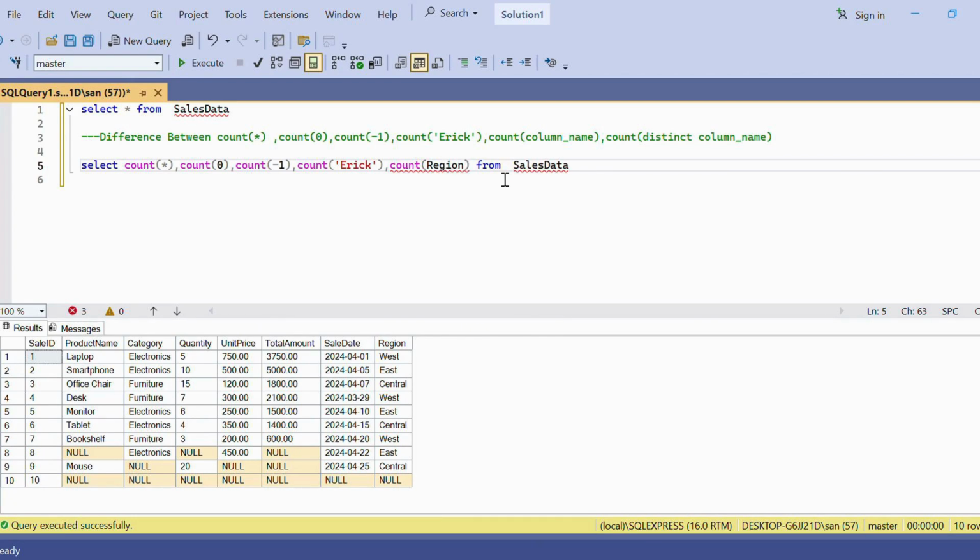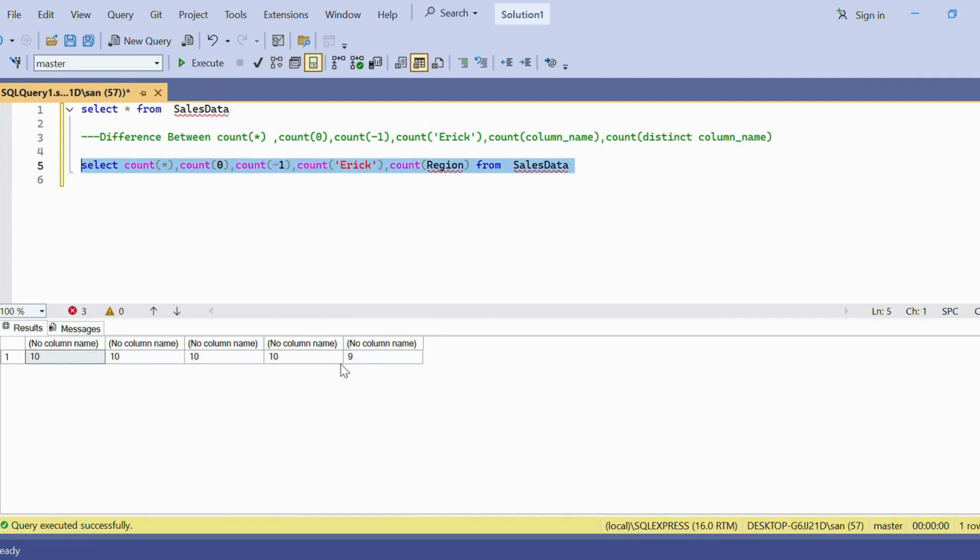If you use region, it will count the rows having a non-null value in this particular column. So in that case, it will not count this null value. So we will have 9 rows. Yeah, so it has only counted the non-null values in this